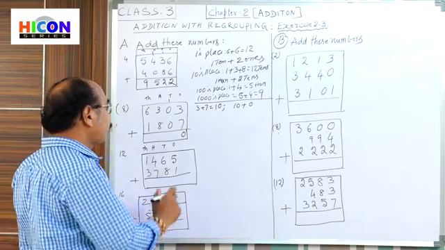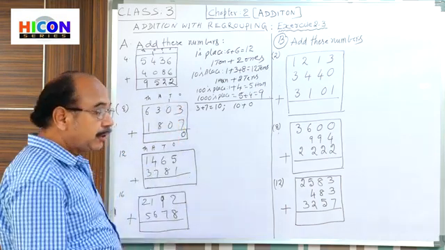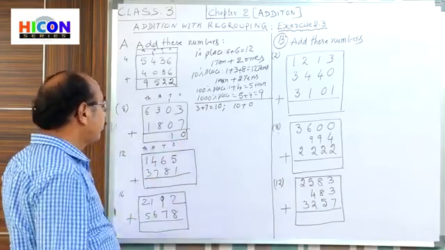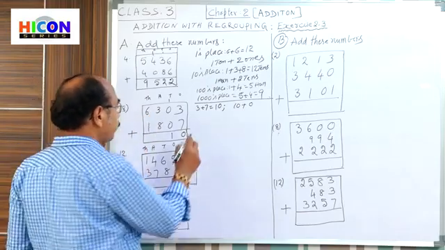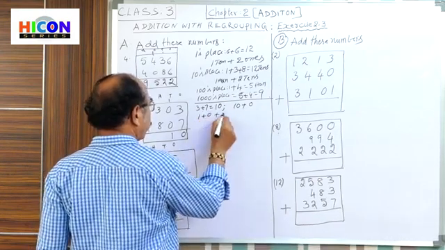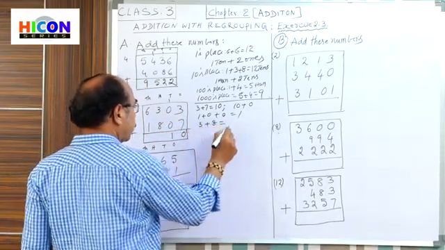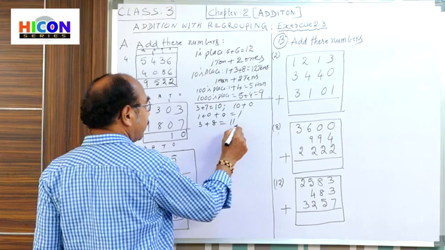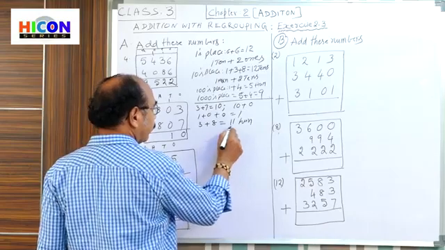Carried 10. So here now add the digits in the tens place. 1 plus 0 plus 0. That means 1. Now come to the hundreds place digits. 3 plus 8. 3 plus 8, how much here? 8 plus 3 is 11. 11, what is this? 11 hundreds. 11 hundreds means now regrouping.